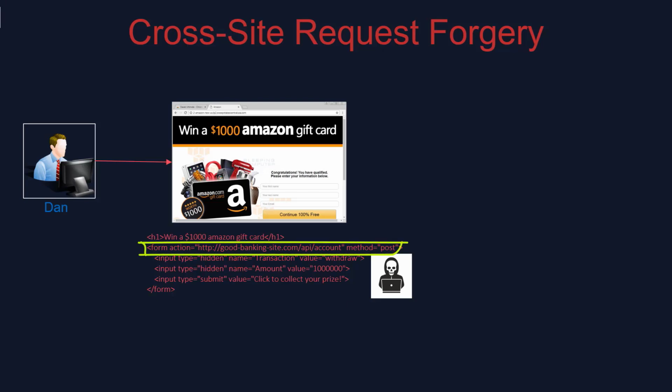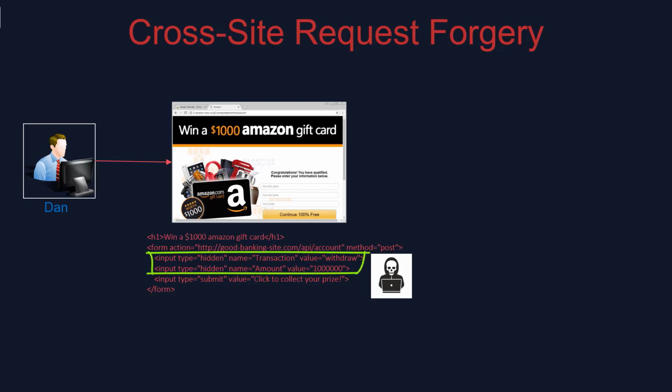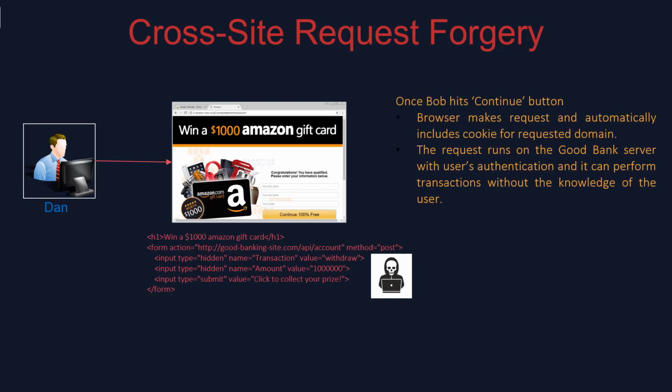Inside the form action, you can see it is actually redirecting to the good banking site, and it is adding a method of post there with some transaction and amount. This good bank was the same bank where Dan was browsing earlier, and they are secretly doing a withdrawal of, let's say, $1 million. Now when Dan submits the information and hits the continue button, the browser makes that request